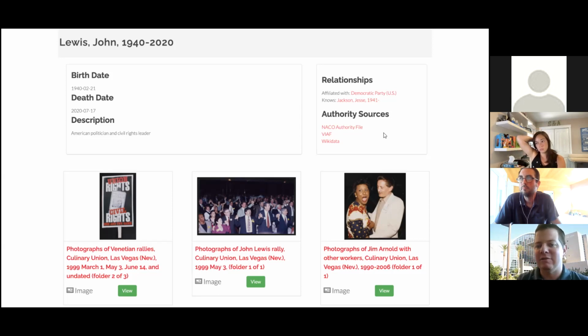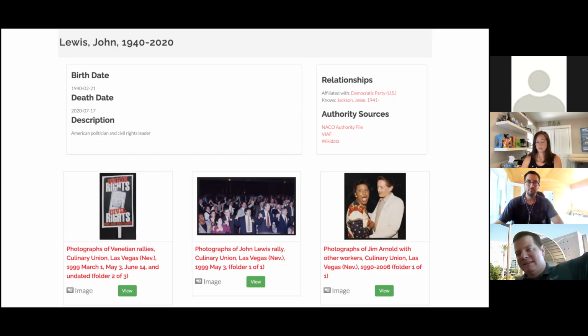We also link out to the various authority sources. If you want to know their Wikidata information, click out to Wikidata. There they are. We also, of course, link them with people they know or that they're affiliated with, because we use this typed relationship and we didn't have to create 76 entity reference fields to do this. We just have one field, which can contain multiple types of relationships. So he is affiliated with the Democratic Party, and he knows